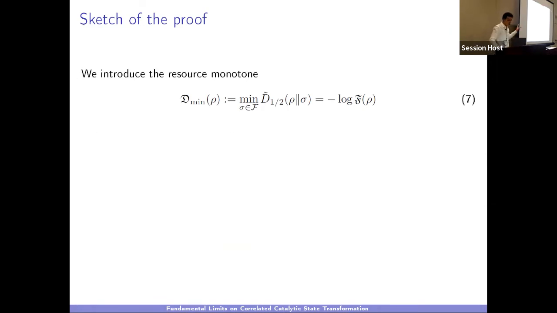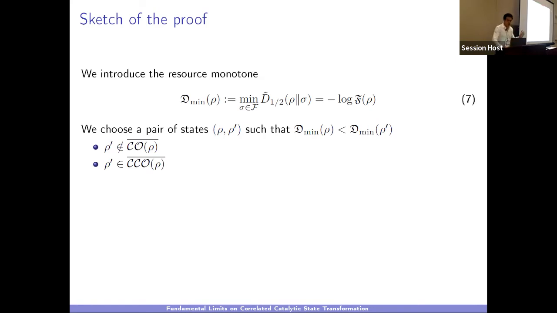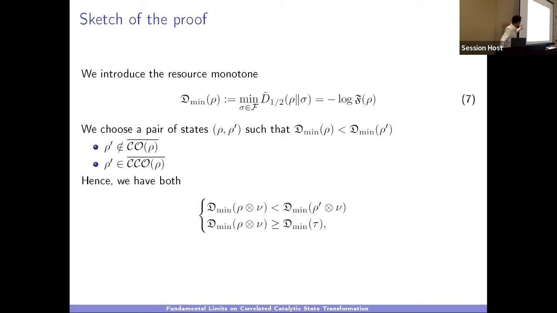So we introduce this monotone, the D_min, which is of rho, which is just minus log fidelity of rho. I just introduced before the fidelity of rho, which is the distance between a state rho and the set of free states. And we choose for our theorem two states, rho and rho prime, such that the D_min of rho is smaller than the D_min of rho prime. And this, for some additivity arguments, means that rho prime doesn't lie in CO, so it cannot be transformed with catalytic operations without correlations, but it can be transformed with correlations because this quantity D_min is not superadditive. So we have both these conditions